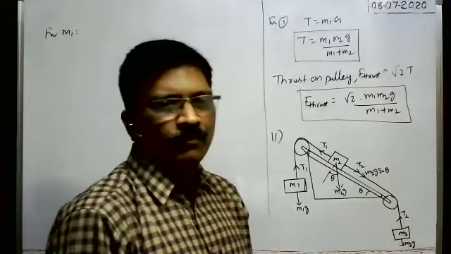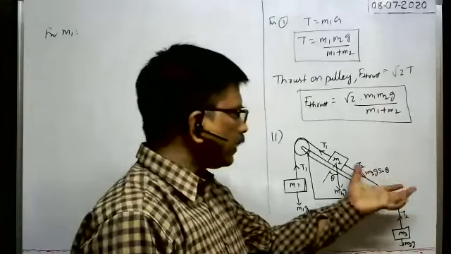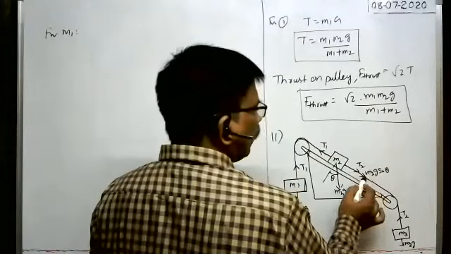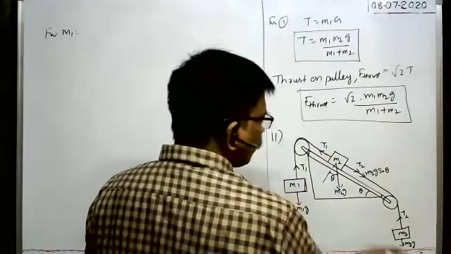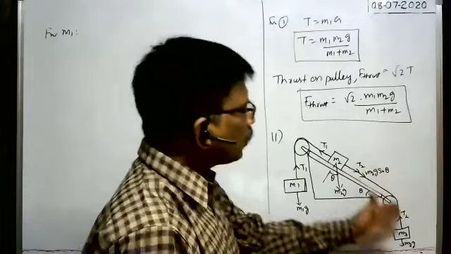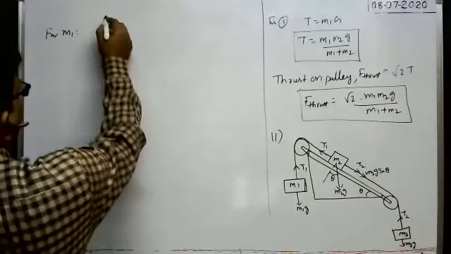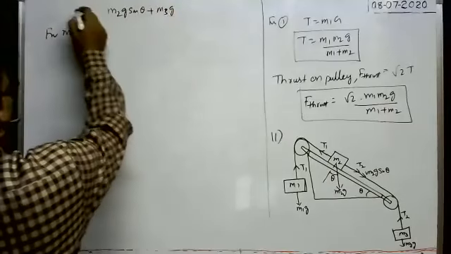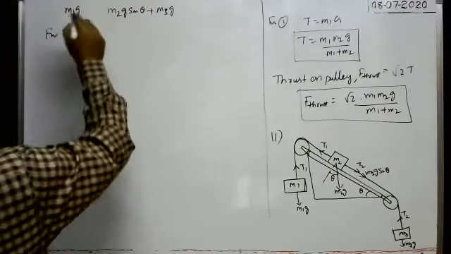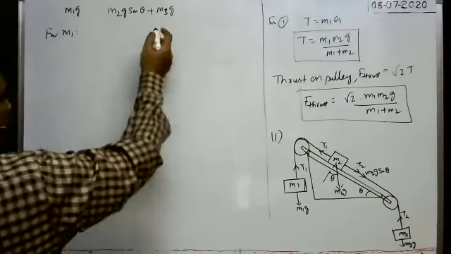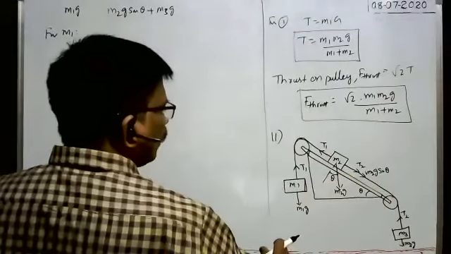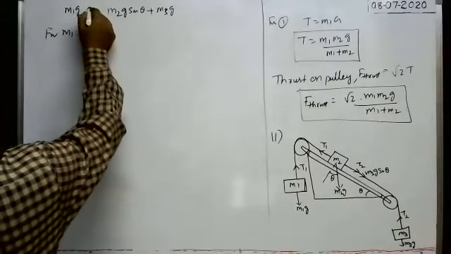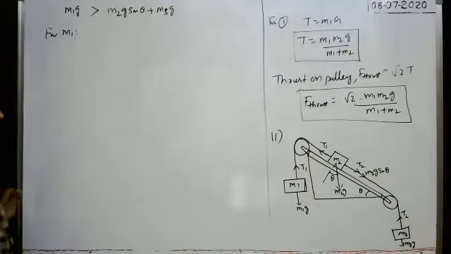We have to first check them. First you calculate M3g, M2g sin theta and M1g. Here no doubt, along this path, these two forces M2g sin theta and M3g act in this direction and M1g acts in this direction. The sum of these two we calculate. So here M2g sin theta plus M3g you calculate and M1g also you calculate. If M1g is greater than M2g sin theta plus M3g, then the entire system will move like this. If this is greater, then the entire system will move like this. So I will discuss one case here. Suppose M1g is greater than the sum of these two.